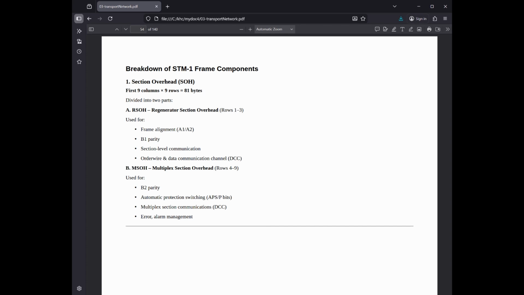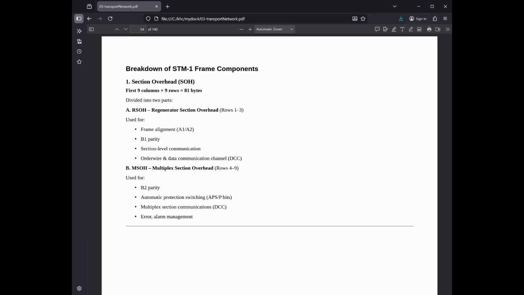MSOH, multiplex section overhead, location: rows 5 to 9, columns 1 to 9. Function: this is handled by multiplexers, the brains of the network. It is ignored by simple regenerators. Key bytes: includes the K1 and K2 bytes, automatic protection switching to trigger the 50 millisecond self-healing, and B2 bytes,